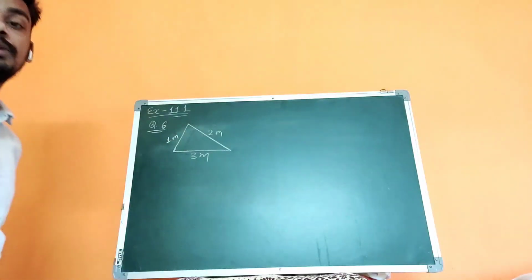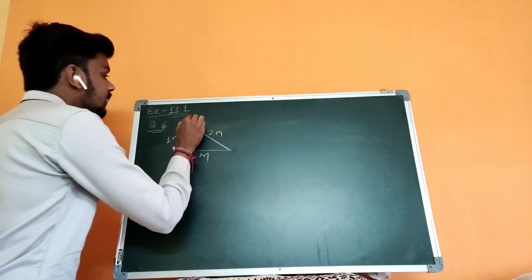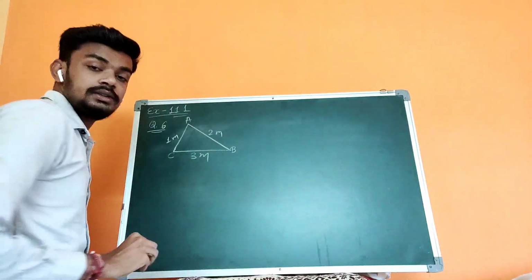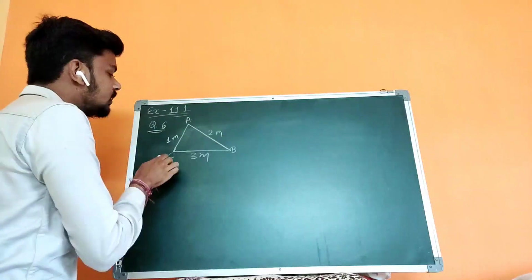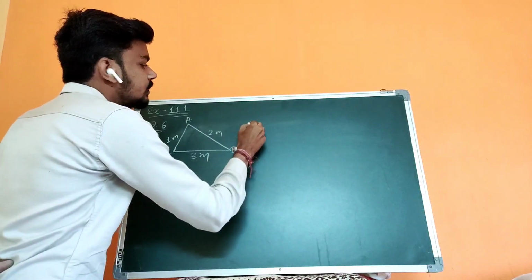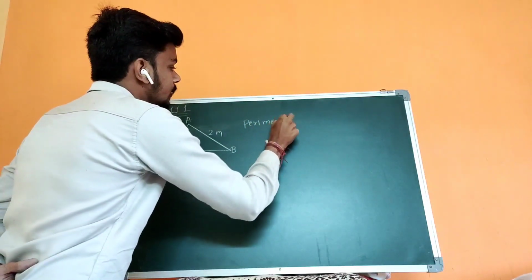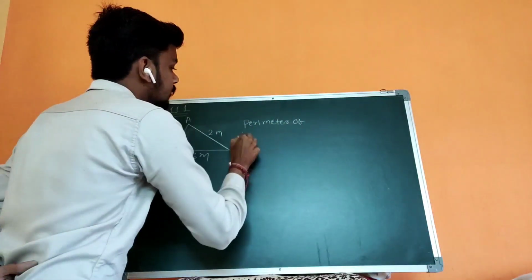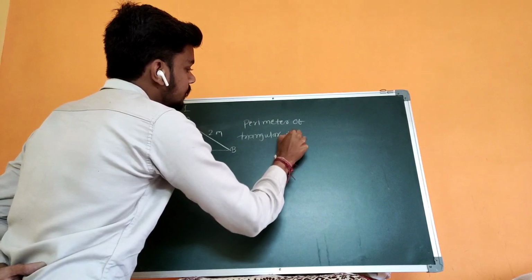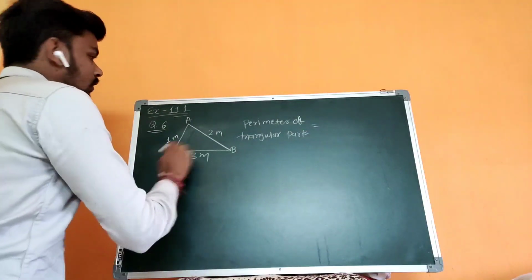Okay, so for the perimeter of the triangle, what is the first thing we will do? We'll give names to it. This point we'll call A, this one B, this one C. So we have the sides AB, BC and CA. Now we simply have to put the equation of it. Perimeter of triangular park is equal to